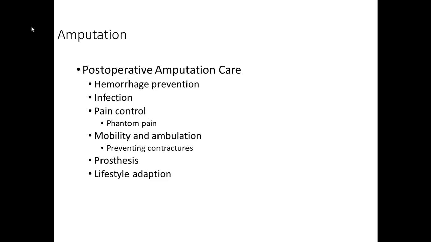All right. So for post-operative amputation care, obviously, as with anything, we're going to make sure that they are not hemorrhaging. Like I said, we're going to monitor their dressing. We're going to monitor any drains they have. Watch for shadowing on that dressing and watch for anything over 200 an hour out of those drains. Infection is a huge risk, especially if it was a traumatic amputation. Like this young man that I was talking about, he was in the fields where they were spreading manure. So you can about imagine how high of a risk for infection he had.